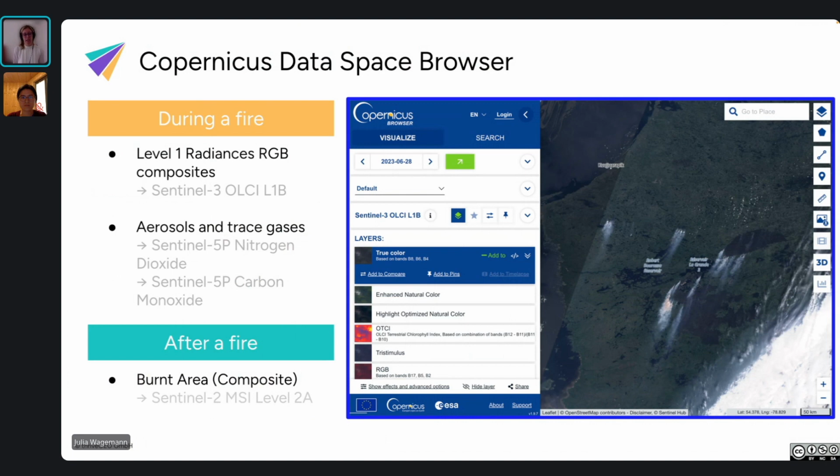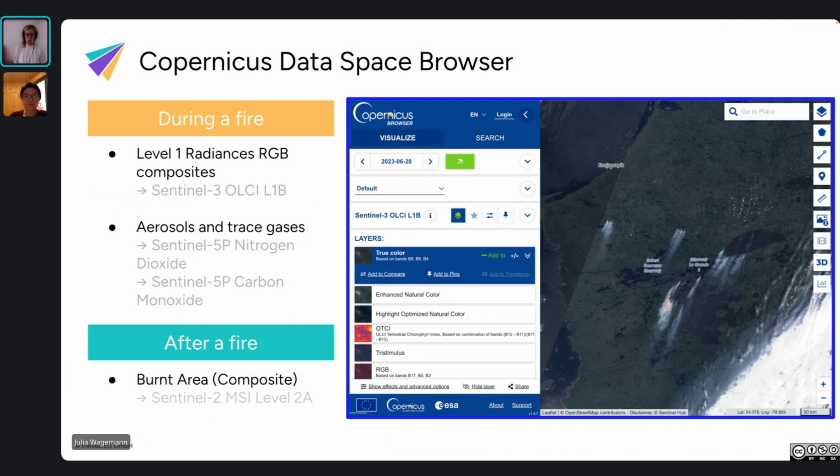There is the Sentinel mission called Sentinel-5P, and this gives us specifically information, for example, on nitrogen dioxide or carbon monoxide, or also aerosol index, that are all good information that help us to assess the air quality situation together with wildfires.